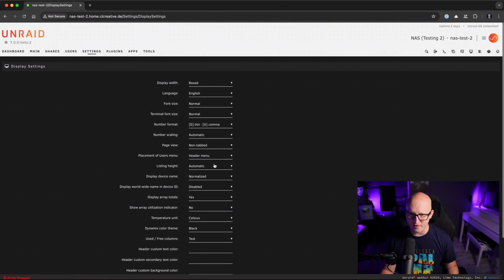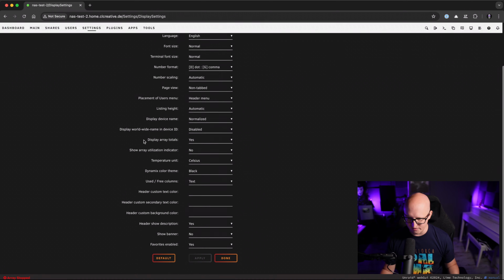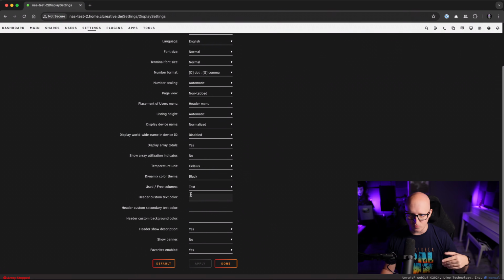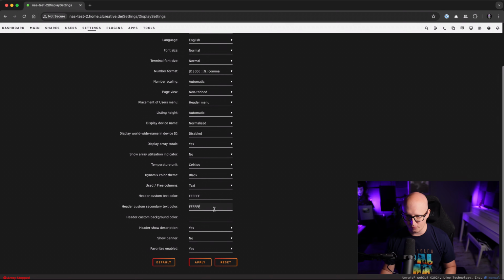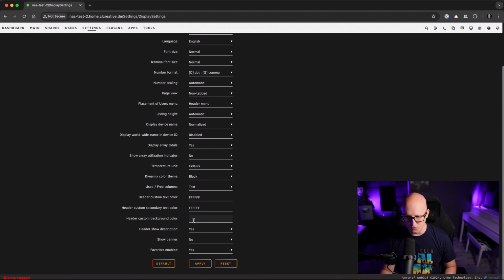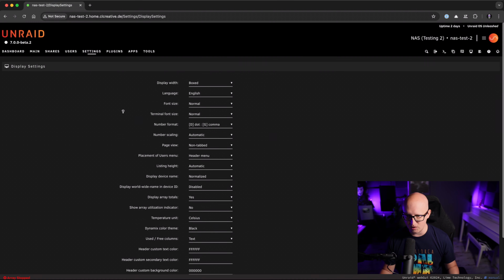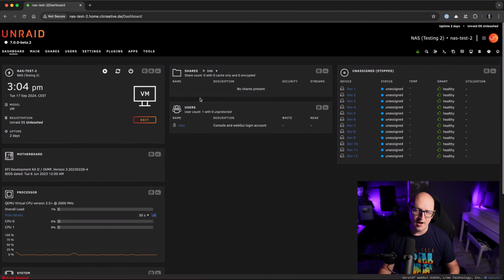And if you apply this, you can see that the main window turns to black, but the top bar now becomes light mode. I don't know what is the reason behind this, but you can easily override those things here. If you choose a custom header text color and set this to the hexadecimal color code for white, it's also choose the same for the secondary color. And the background color we can set to zeros, so this is the color code for black. If we apply this, you can see that this top bar changes back, and now we have something like a